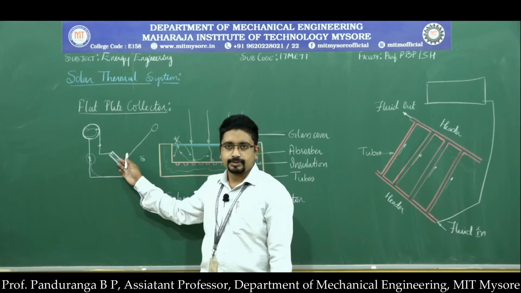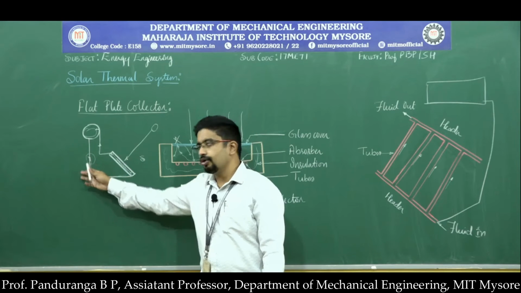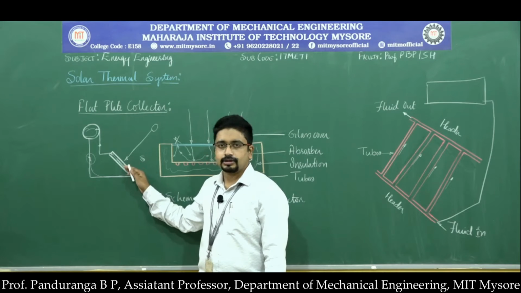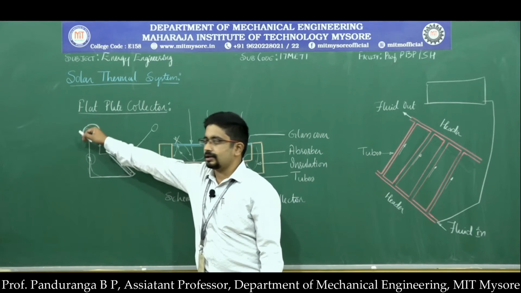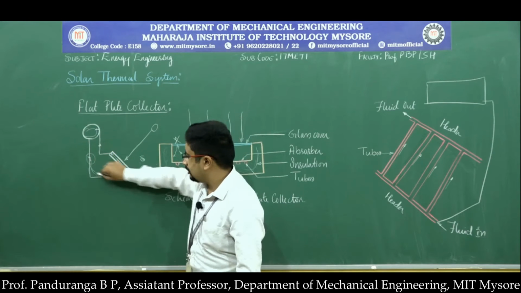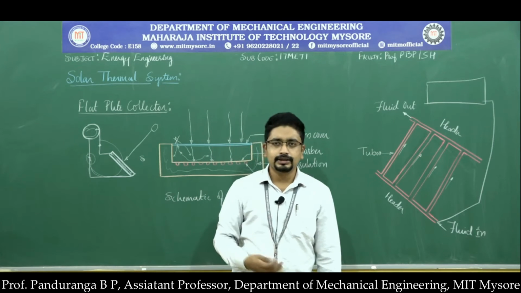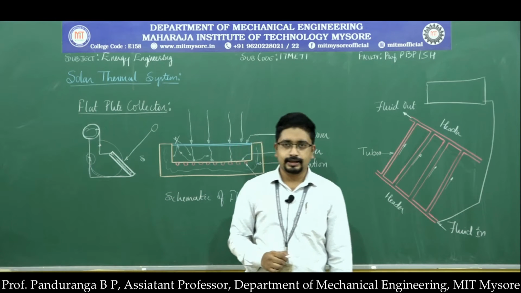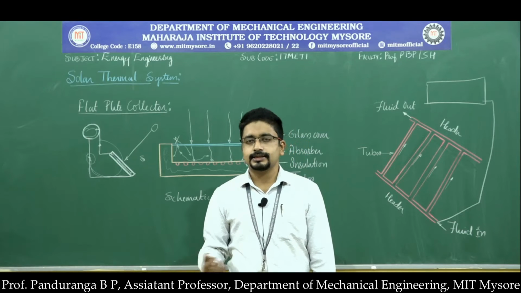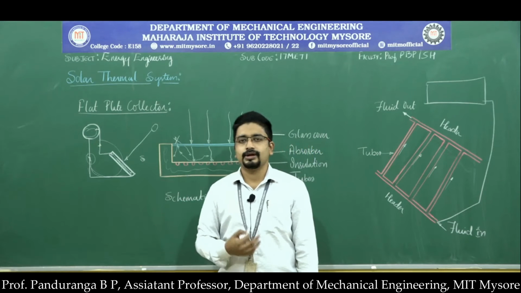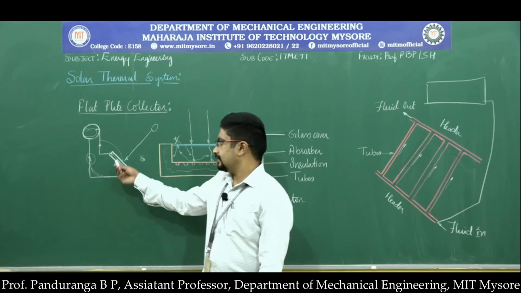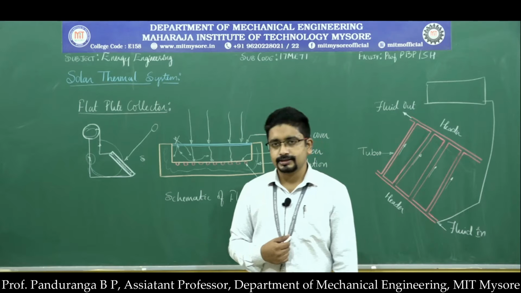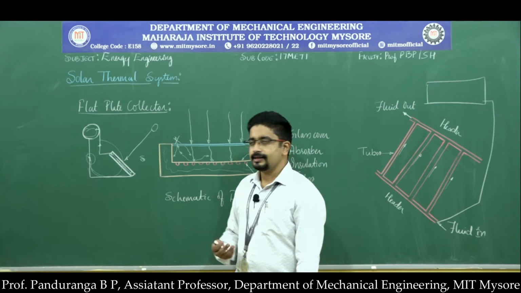As the water gets heated up, its density reduces, and the denser water present in the bottom header or this tube will push the lighter water towards the top header, and from there it enters the tank. The circulation of water in this circuit will continue as long as solar energy is available for the flat plate collector. Once the sun sets, or once the solar energy is weaker, the flat plate collector will not be able to absorb that energy and the circulation freezes. The circulation continues the next day.